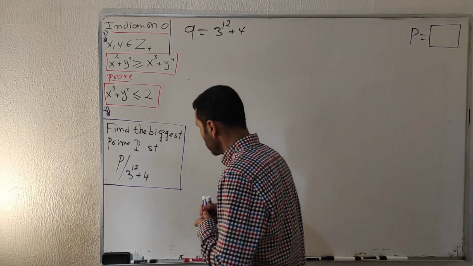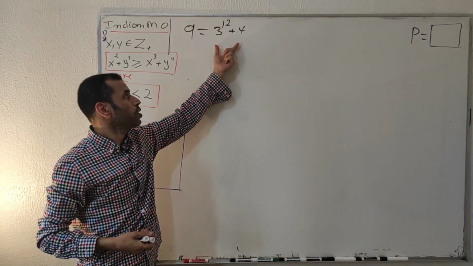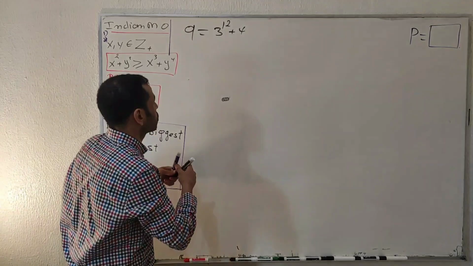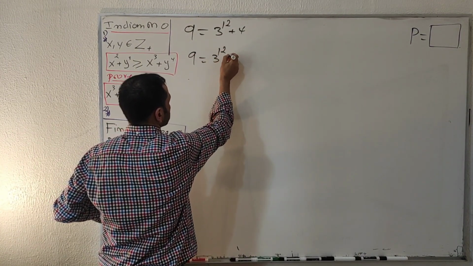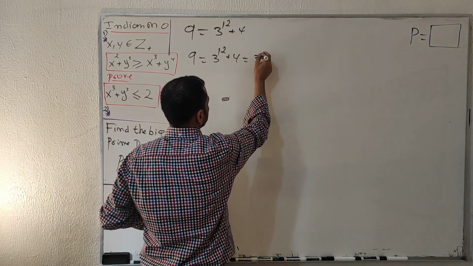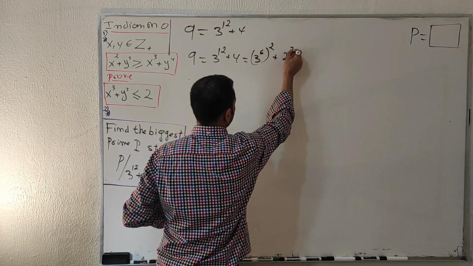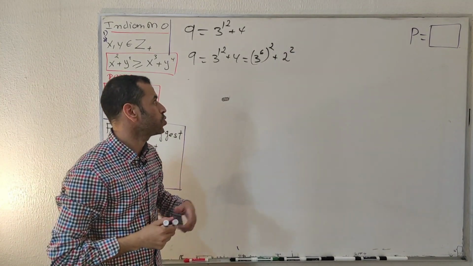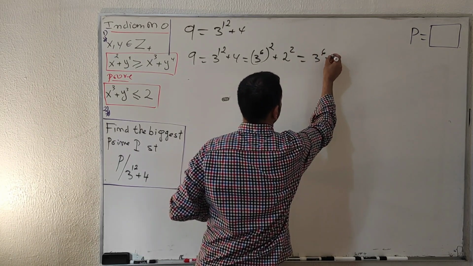What I'm going to do now is try to make the perfect square here by factorizing this one. So Q equals 3^12 plus 4. This one I can rewrite as (3^6)^2 plus 2^2, like this. But this one is an incomplete square. We are going to complete this square by putting this one, 3^6 plus